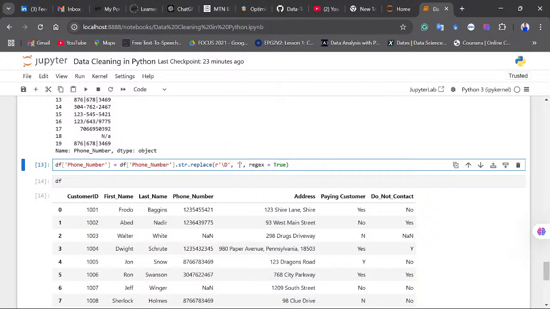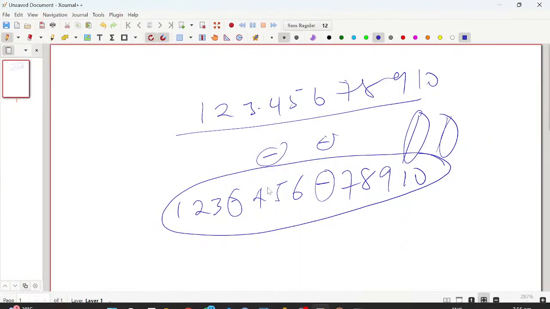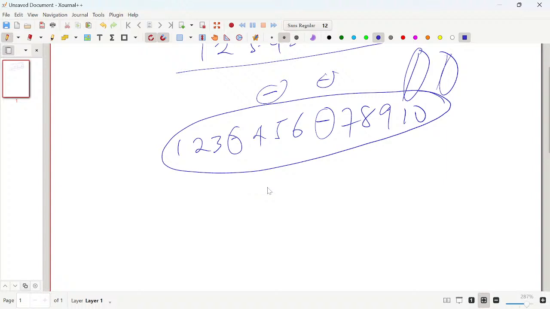And because I've not given it a space, I just give a close quotes. It's not going to give any space. Should I put a space here, it's actually going to put spaces wherever I find those things, but I don't want any space, so it's not going to put anything there. So let me just show you something. So what it's doing is that, okay, the r apostrophe \D,